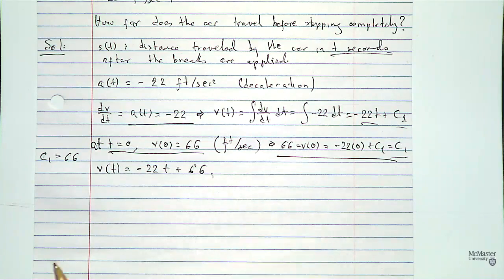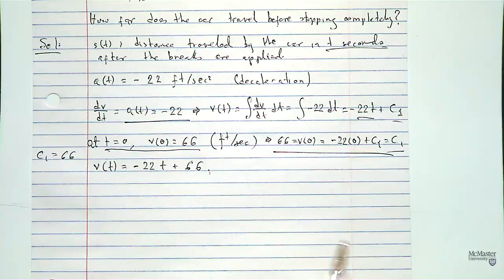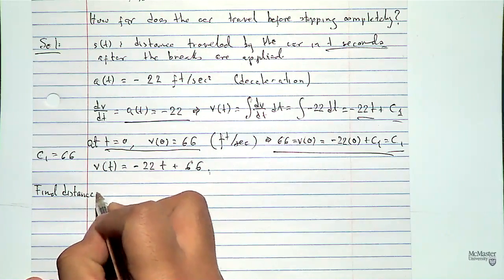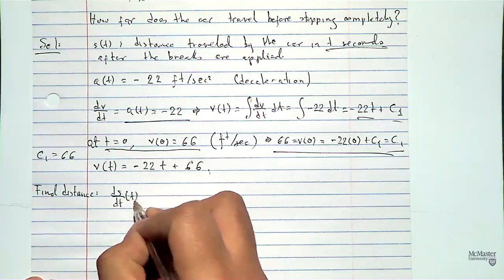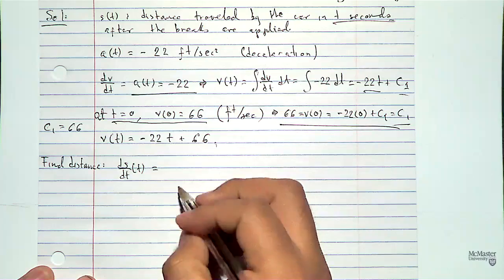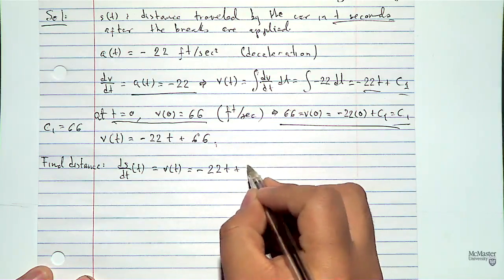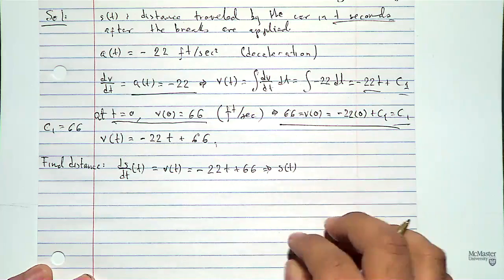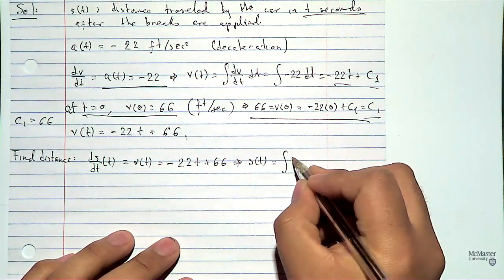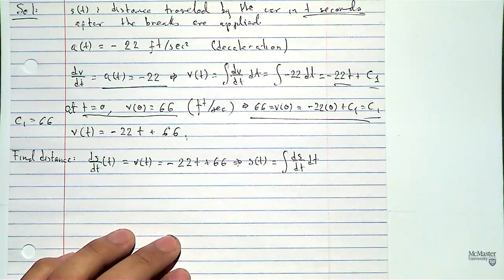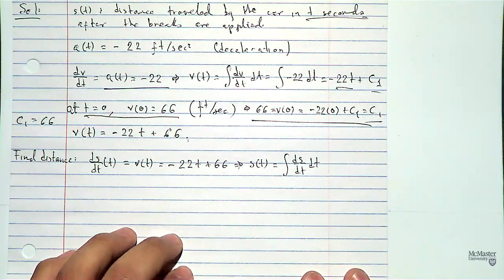So, up to this point, we know the velocity. And in order to go from velocity to position, we have to integrate again. Now, the goal is to find the distance. So, ds over dt, so the definition of velocity is the derivative of the position with respect to time, right? And so we know that this is minus 22 times t plus 66. Now, if I want to find the position, I have to integrate the derivative of the position with respect to time, right? I will get an indefinite integral again, and then I will use also part of the info in the problem that I knew in order